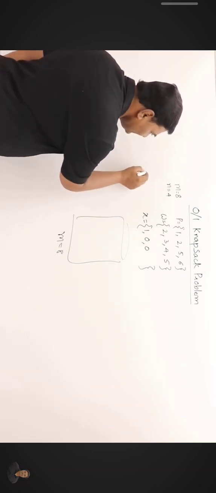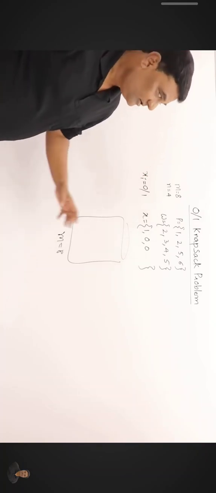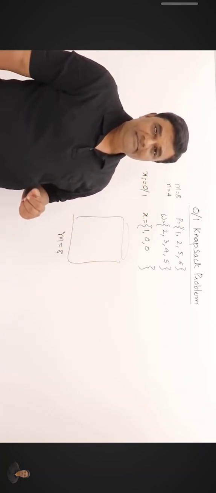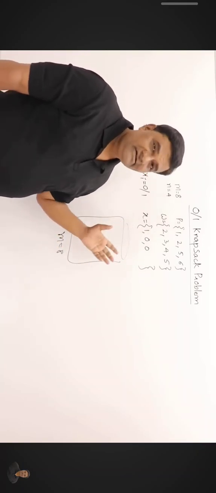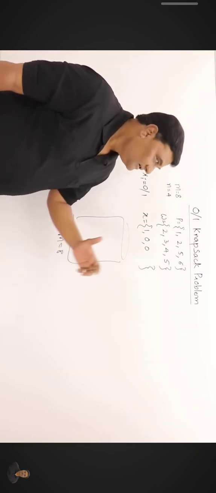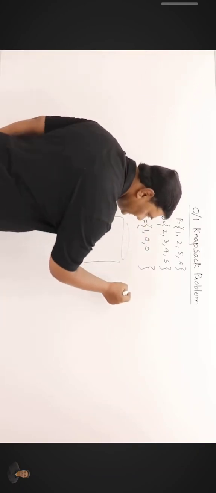So I can write each xi as either 0 or 1. It means the values can be 0 or 1, but not a fraction. So the objects that I'm going to carry are not divisible or breakable. I cannot take a fraction of an object. These are solid objects, maybe a mixer or a microwave oven or a rotor. I cannot take half of a mixer in the bag. So these are indivisible objects. Either I should carry the whole object or not carry it at all. So I have to carry the objects such that the sum of their profits